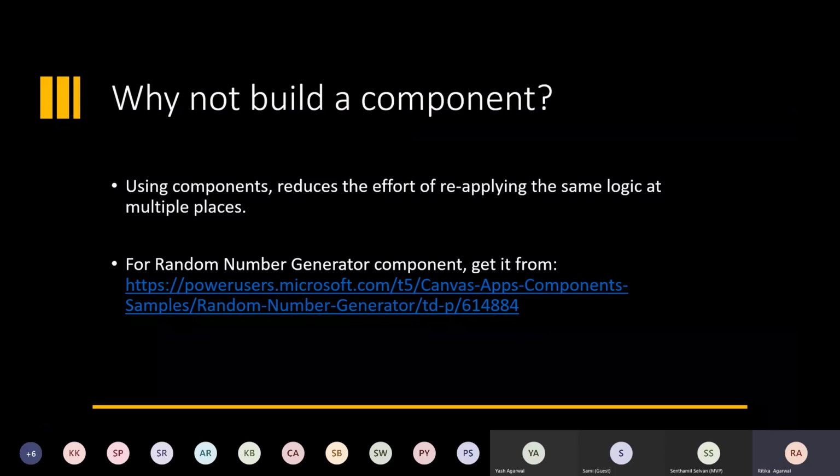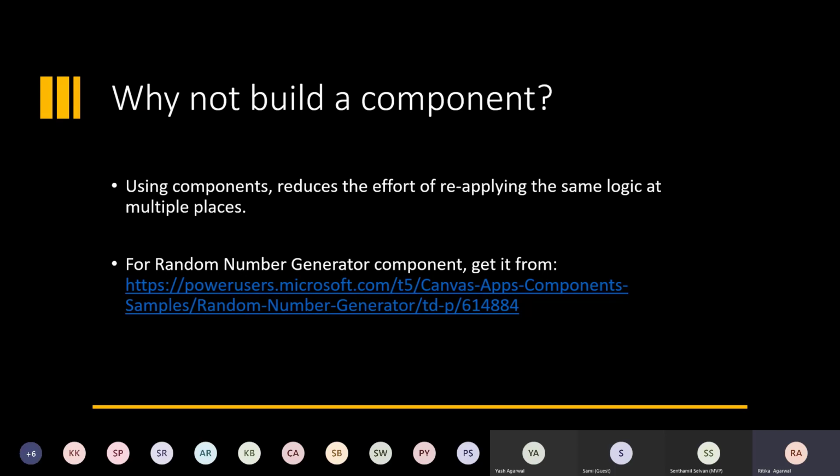Now I have added this slide intentionally into my slide deck, which is not related to the scenario we are working on, but I wanted to highlight the usage of components and how they can be helpful in this case. Let's say I have an application where I want to generate this OTP functionality, and I may have certain other applications as well.